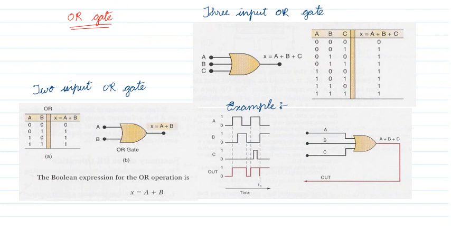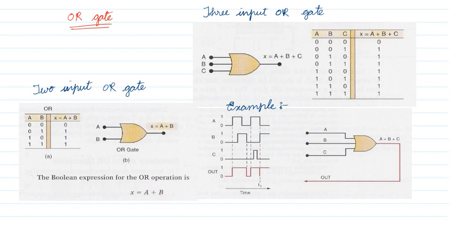Next we will see the basic gates one by one. First gate is our OR gate. The symbol can be a 2 input OR gate or a 3 input OR gate. The symbol of the OR gate is given as this. You can see the symbol of the OR gate is curved. It is indicated by the plus symbol, but we should not say plus. We pronounce it like X equal to A or B. This plus is pronounced as OR. So X equal to A or B. Don't say plus; A or B is the way you have to say.